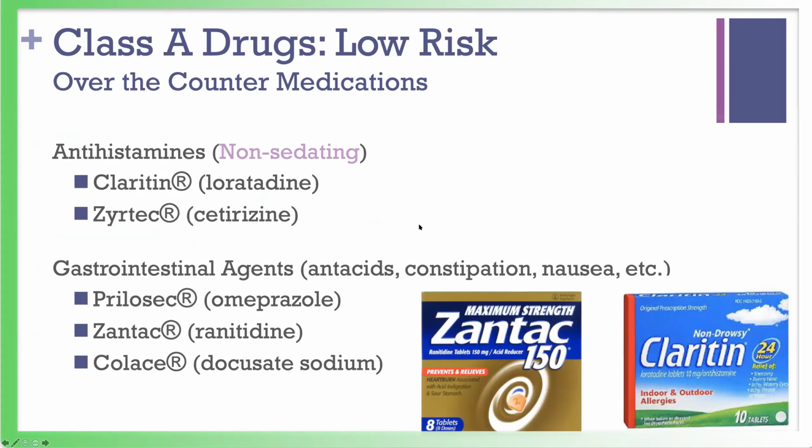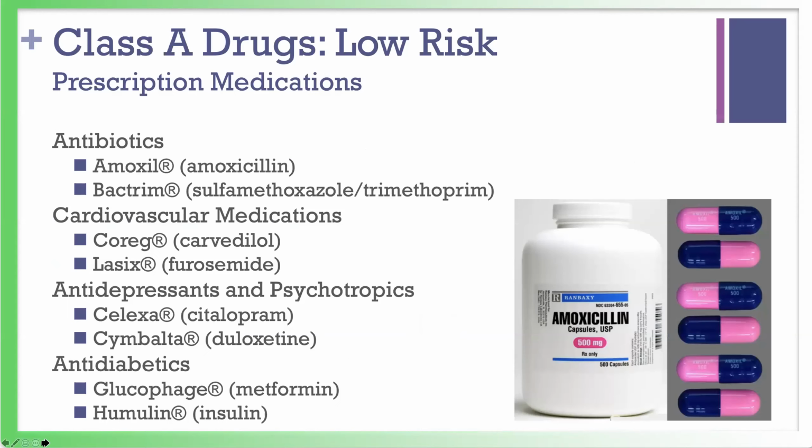Then we show them the low risk, and this includes antihistamines, and I won't go into all the GI. And we show them the alternatives. We use Claritin and Zyrtec, not Claritin D and not Zyrtec D. There are no Ds. We don't take Ds, and we try to give them those little nuances so they'll remember. Antibiotics, cardiovascular meds, antidepressants, psychotropics, those types of drugs, we tell them take only as directed. For instance, an antibiotic, you take it till it's completely gone, or as on the label.